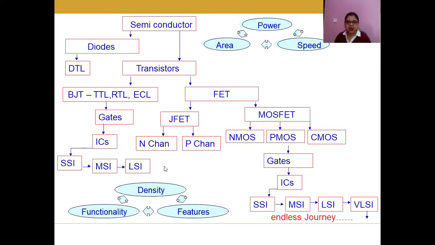So again there is a trade-off between the two, and then the trade-off also comes in the functionality. If we are increasing the number of features, then there is a question on the functionality also. This may give incorrect results. Maybe the transistor will not work in a proper way. Its throughput may get changed or affected by the increasing number of features. So this is the second trade-off triangle. These two trade-off triangles are very important whenever we are designing any circuit in VLSI technology.